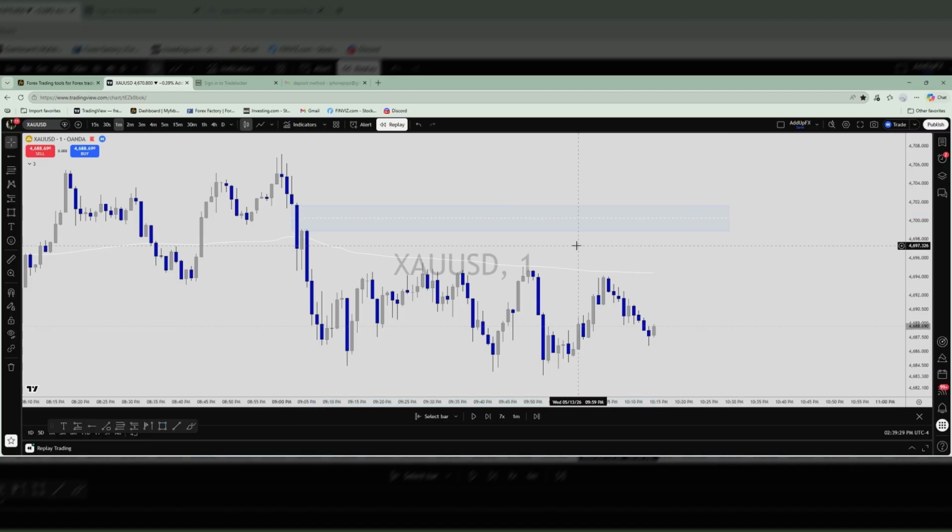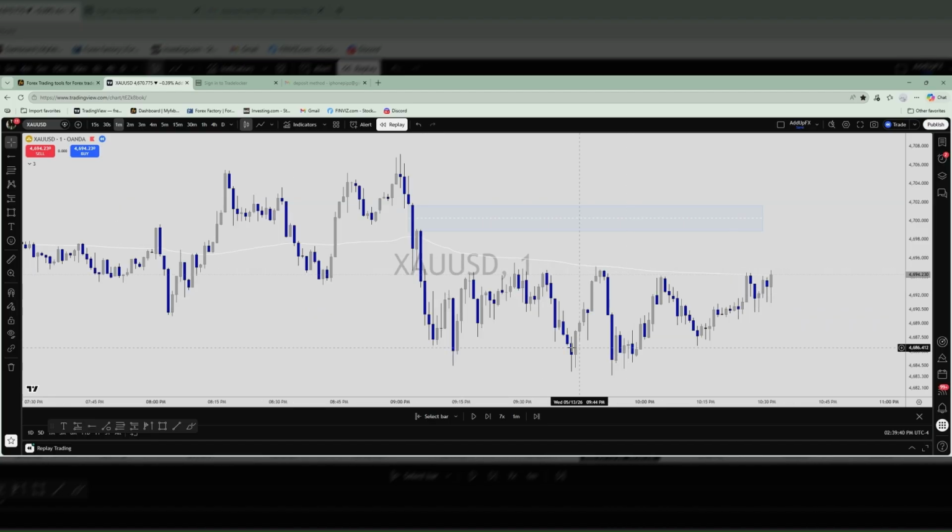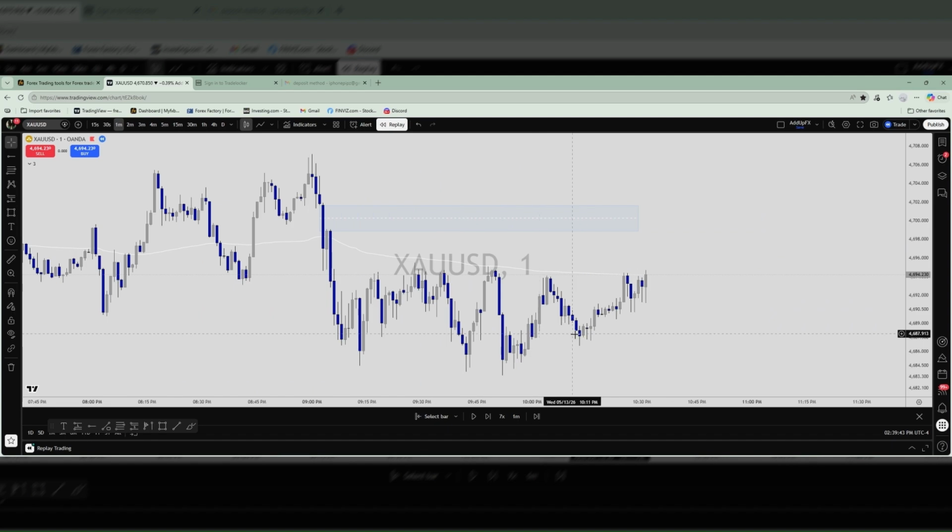So now we're going to just play it real quick. You see how it's building? It's respecting the VWAP right now, but it's not respecting it enough. And then as far as the bodies, it's making higher lows right there. Soon as it touched and made somewhat of an engulfing, this candle, I'm in there. Short.